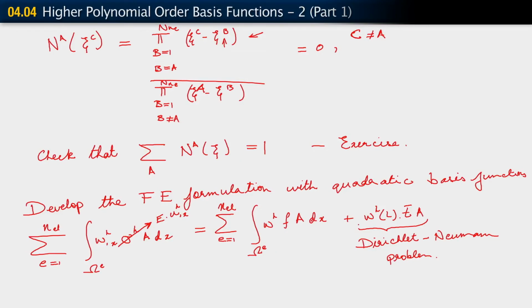Two questions. What other kind of problem could we consider? Right, we could consider the Dirichlet problem. Another question. Why do I say that this is the Dirichlet-Neumann problem? Where does that show up? Right, it shows up in the fact that this is the Neumann boundary condition. The Dirichlet condition is, of course, already embedded in our spaces. All right, so this is the problem we are looking at, and